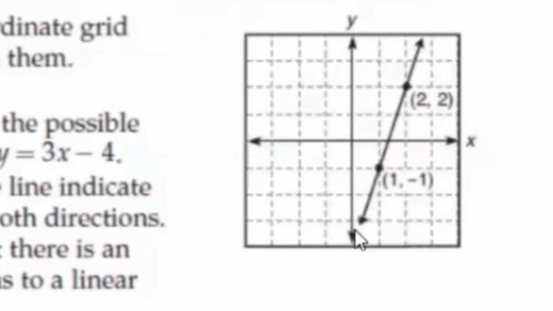So if we were to continue to draw this line, at some point it's going to cross that y-axis. In this particular instance, they're telling us that this line crosses this y-axis at -4. So